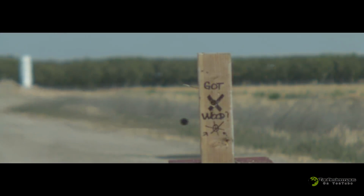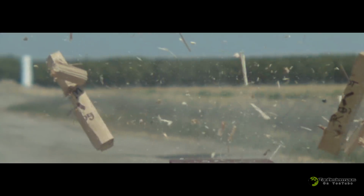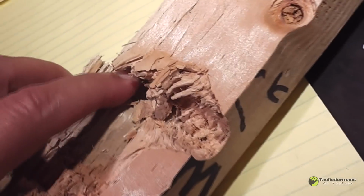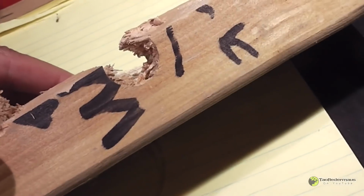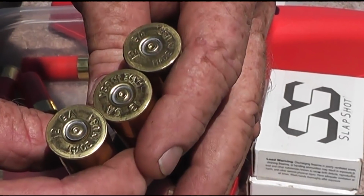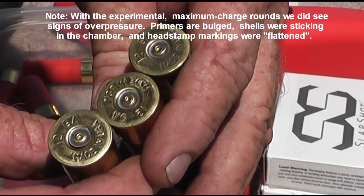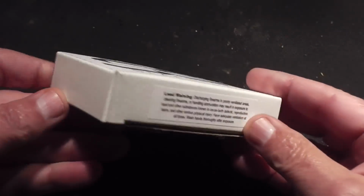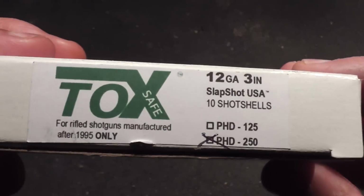Now those saying these wouldn't have much penetration through a hard target, this might change your mind a little bit. While the slug did split the 4x4 quite easily, it actually drove all the way through the 4x4, which is pretty remarkable for a lightweight polymer slug. But I think they reached maximum barrel pressure limits with these, and maybe exceeded it just a tad, as we could see that the primers are bulged and the head stamps are kind of flattened out. But remember, these were just experimental slugs. The stuff they sell, of course, has been laboratory tested to prove it's safe, and as long as your gun is a modern gun with a rifled barrel,